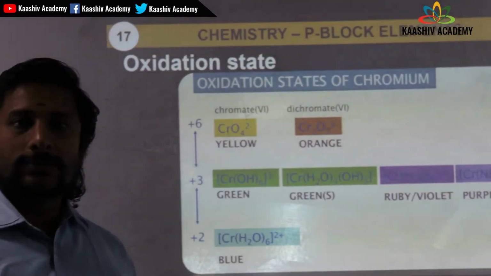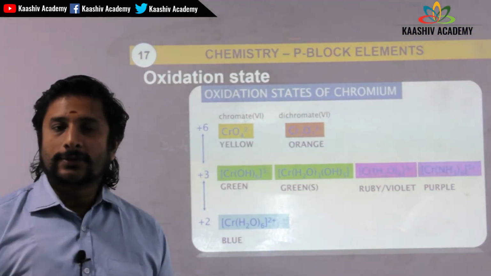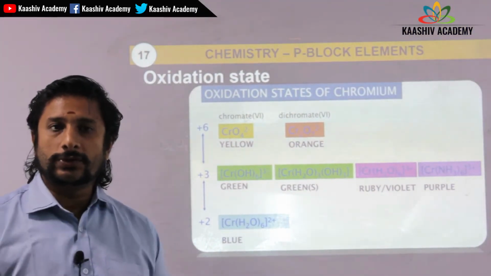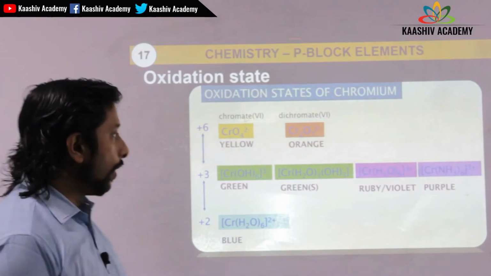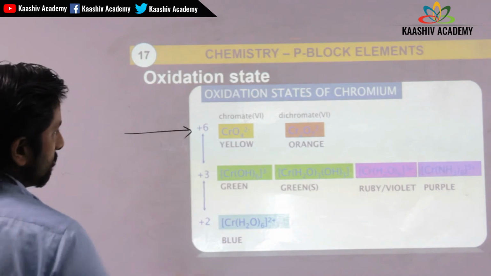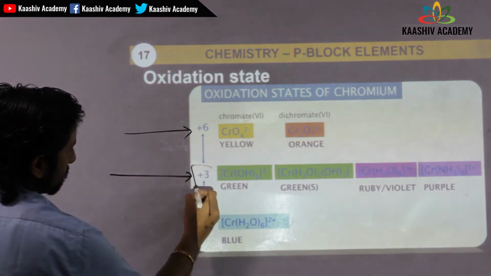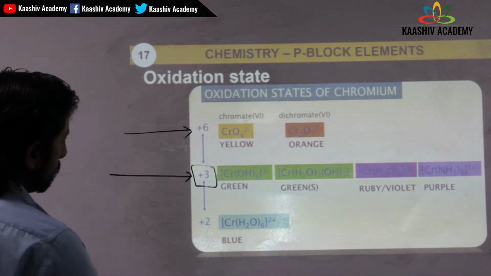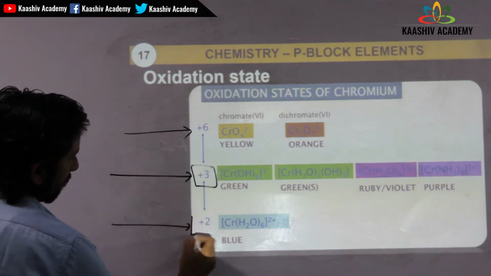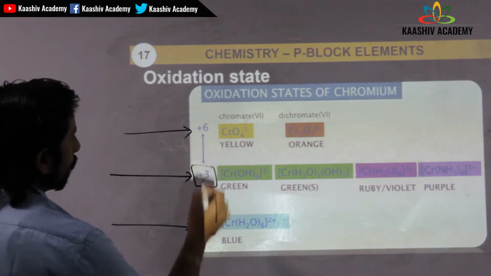Now let's talk about the same thing with the oxidation state of chromium. So this is also a very important question they will ask. All these compounds are in the +6 oxidation state, and all these compounds are in the +3 oxidation state, and this compound is in the +2 oxidation state. So it's a chromate,